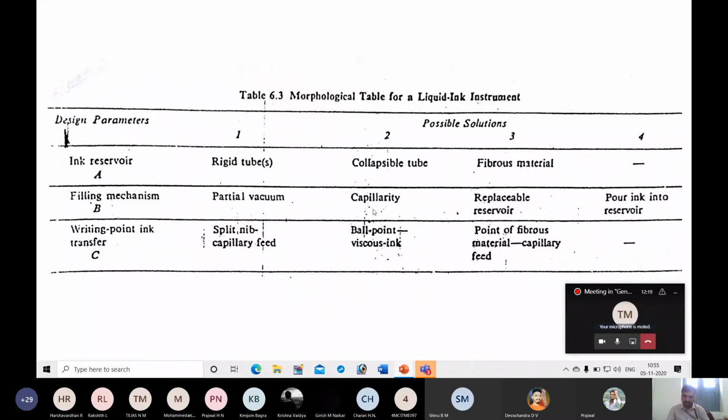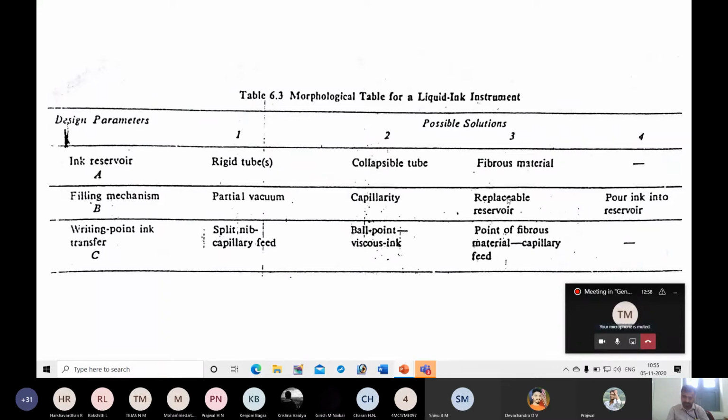So in case of capillarity, if you place the nib of the pen into the ink bottle, because of the capillary action, that nib is going to absorb the ink. So this will happen in which pens? Sketch pens, Euro pens, or in a few ink pens also it will happen. Because of the capillarity, ink is absorbed by the nib, and it will be raised and collected in the ink reservoir.